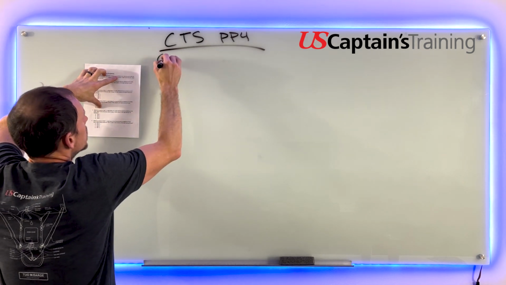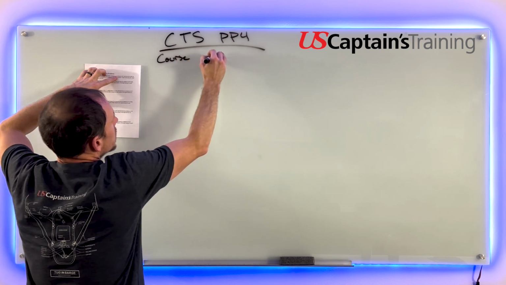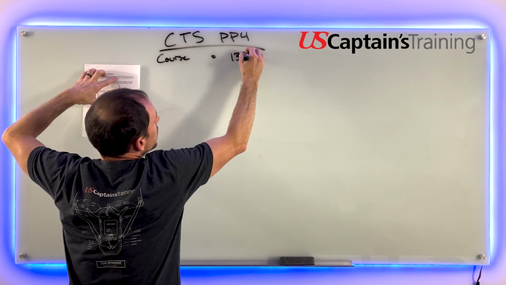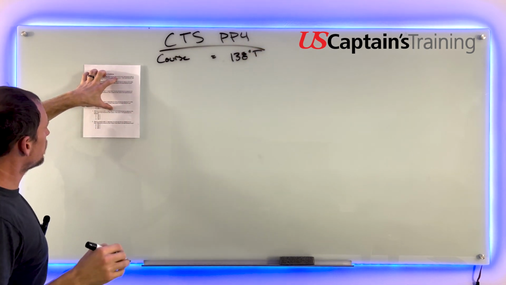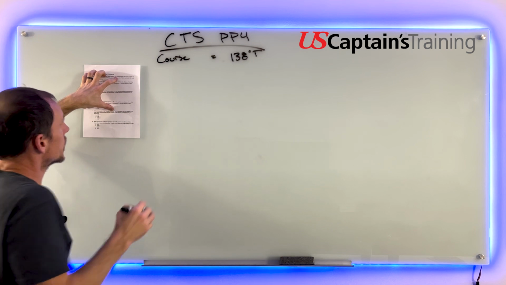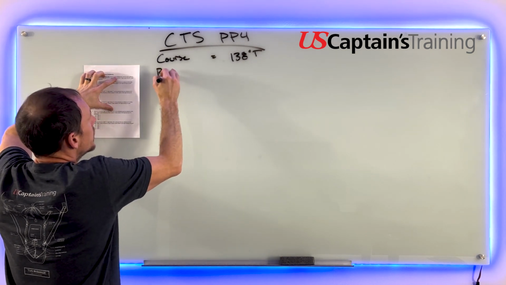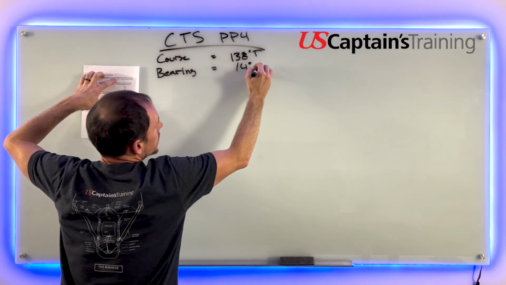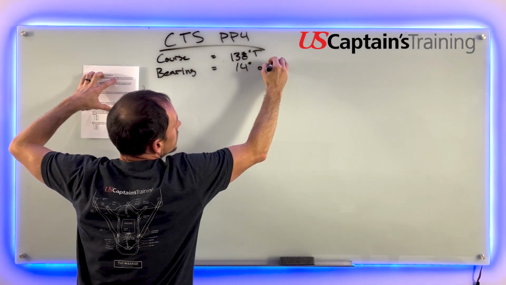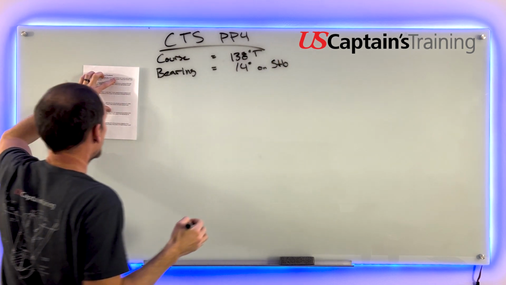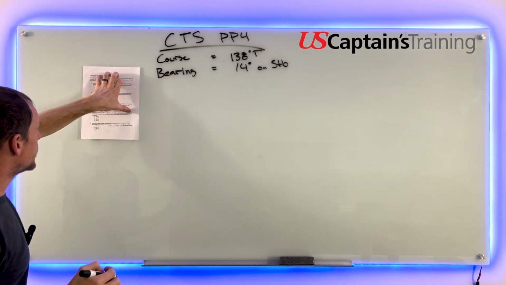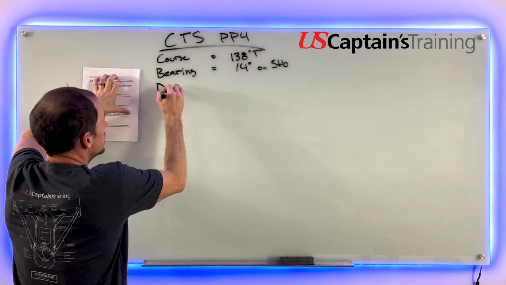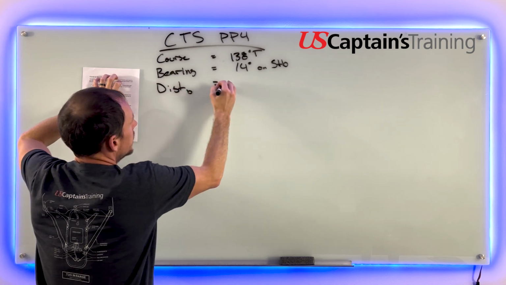It gives us the course. What did the course equal? 138 true. 138 degrees true. The light bears 14 degrees on the starboard bow. It gives us a bearing. Our bearing is equal to 14 degrees on starboard bow. Okay. And the distance, at a distance of 8.6 miles. So the distance to that bearing is